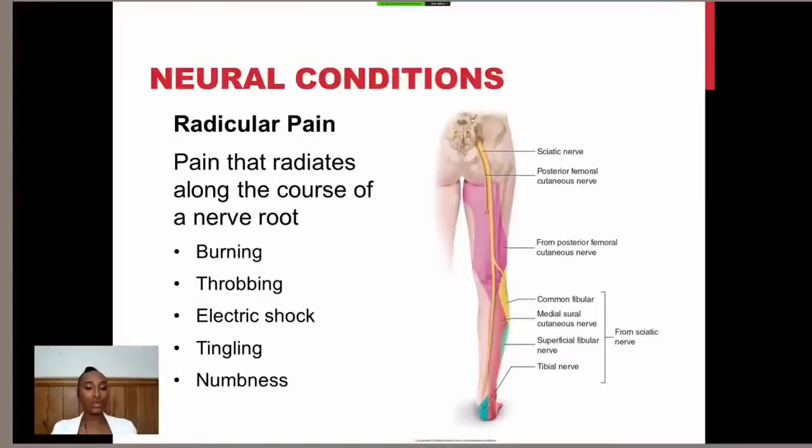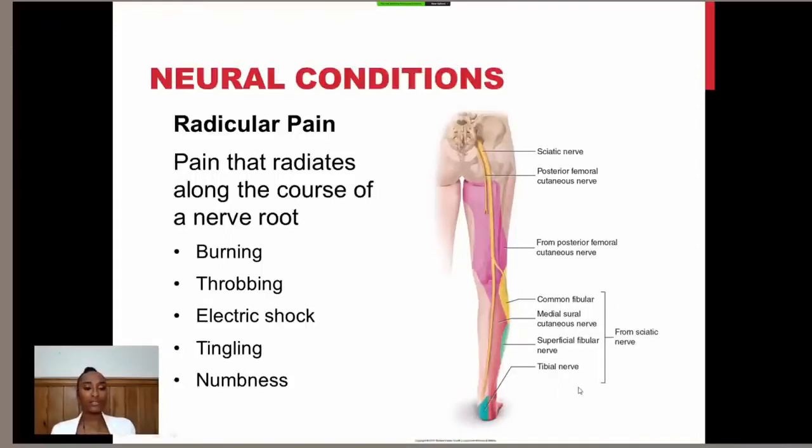Right, so now we're going to talk about, this is kind of related to your back, but the pain can be lower down. So radicular pain. So this is pain that radiates along the course of a nerve root. So sciatica, some of you that may have had it or have heard of sciatica, that is a type of radicular pain, because the pain goes all the way down the length of that nerve. So it can start at the back and go all the way down the leg until the foot, okay?